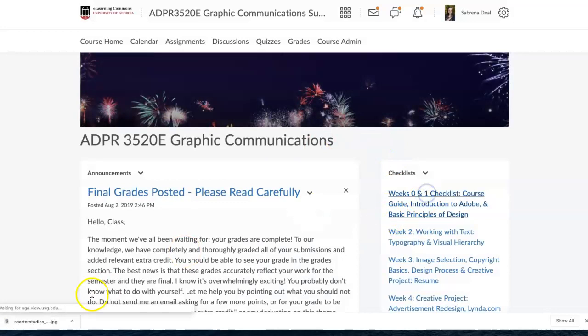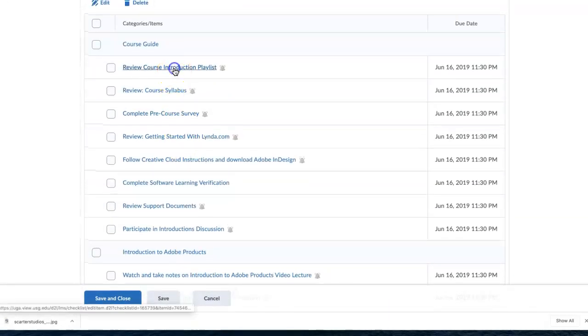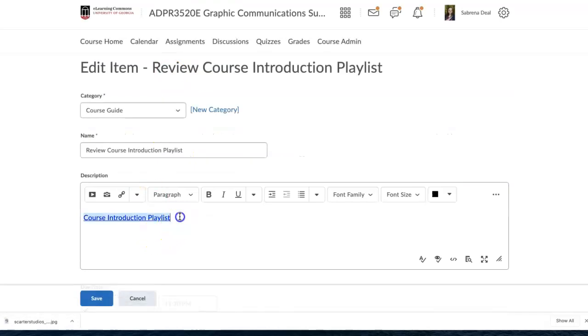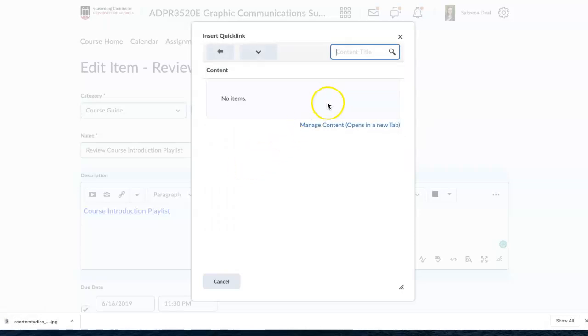And I wanted to show you how to link course content from a checklist item. Inside here, I would go to link, and this is where I was saying if you already had all this stuff built out as content, you could just not let the students get to the content, but you could still, well, I don't have any in this class. You could go to content here and click the link to the reading that you want to have there, etc. So you can still use the way you've already organized it,